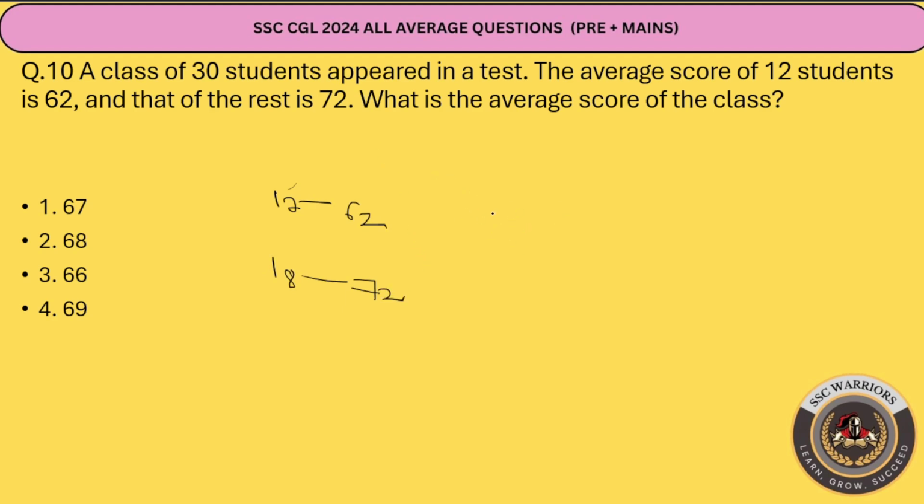अब ऐसे क्वेश्चन में हमेशा लेट करके किया करो, ताकि जो भी स्टैंडर्ड डिविएशन से वैल्यू आए उसको टोटल स्टूडेंट या नंबर से डिवाइड किया और उसमें ऐड या सब्ट्रैक्ट कर दिया। जैसे कि लेट द एवरेज इन दोनों के बीच का 70, ठीक है? तो ये एवरेज से कितना कम है? 8, कितने में मल्टीप्लाई होगा? 12 में, दैट इज 96, कम है। ये 2 ज़्यादा है, तो कितने में मल्टीप्लाई होगा? 18 में, दैट इज 36।